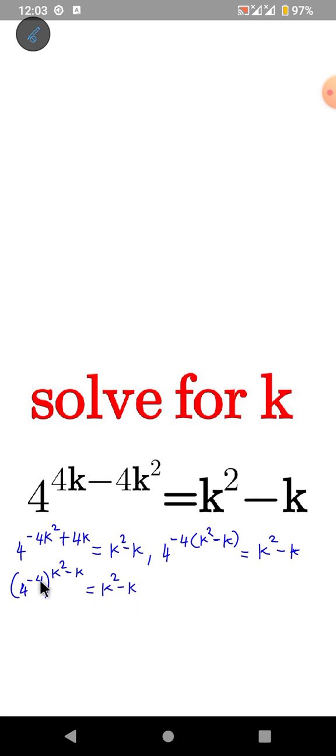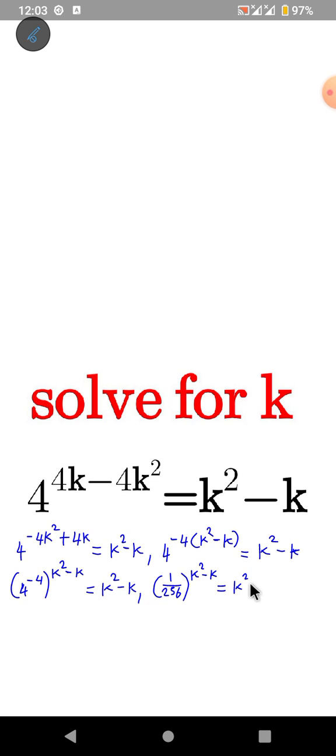Then now this 4 raised to the power of minus 4 is the same thing as 1 all over 256. So write bracket 1 all over 256, all raised to the power of k square minus k equal to